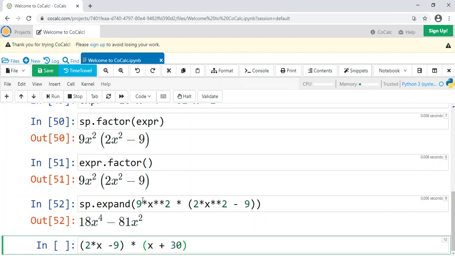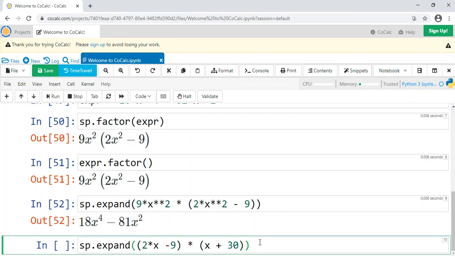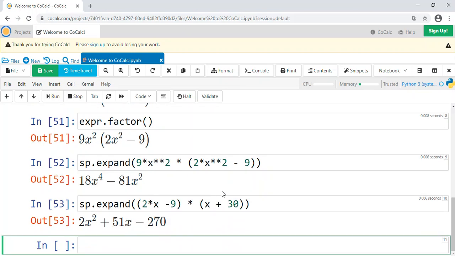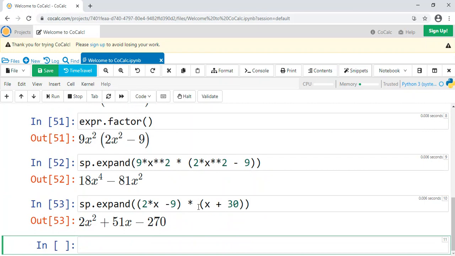All right, so you might remember FOIL, first, outer, inner, last, all that stuff. But you don't need to do that if you can just expand it, and you can do that with sp.expand, and then you can just expand this whole expression. And so that's the result you would get if you were to do that first outer inner last method, that FOIL method.